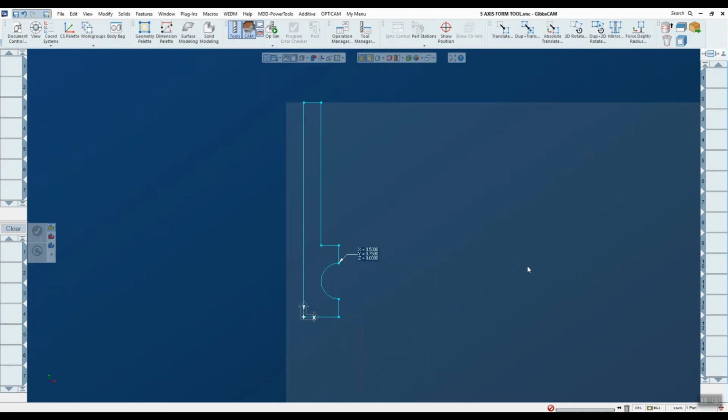In this demonstration, we're going to show how form tools have now been added to 5-axis milling. So let's go ahead and get started. You can see that I have some geometry up on the screen now. This is a representation of a half profile of the tool that I want to make, a form tool. So we would take this and spin it around the y-axis here to create that tool, which I'll do in